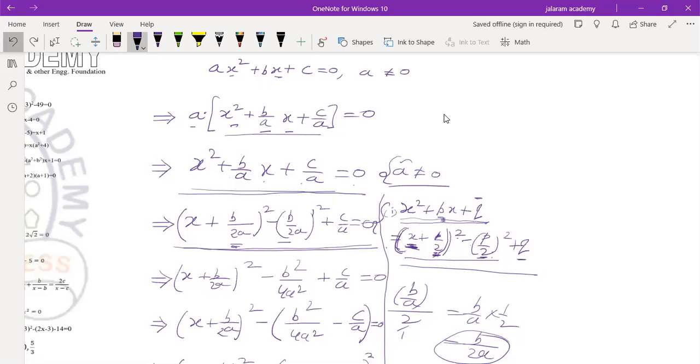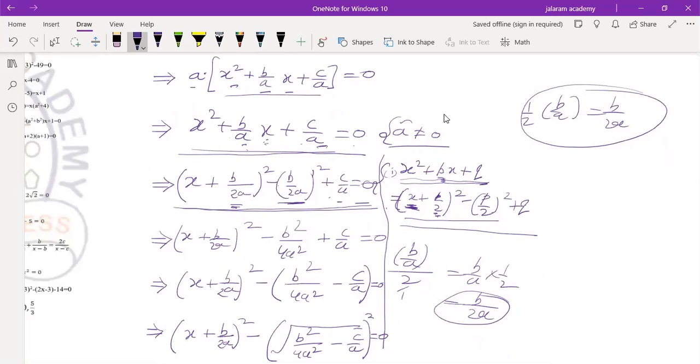Okay. For this, what will we do? Half the coefficient of x, means half of b by a, which is b by 2a. Is that clear to you? It is added to x, plus b by 2a whole square, minus the same thing, p by 2, meaning half the coefficient of x whole square is subtracted, plus the third term c by a, which is in place of q, will be written as it is, and equals 0 is in its way. Okay. So x plus b by 2a whole square minus, now when we expand this, b square by 4a whole square plus c by a equals 0.